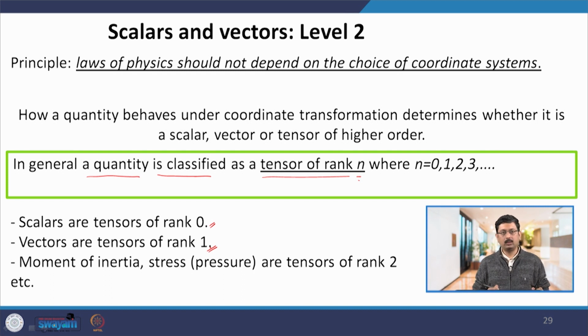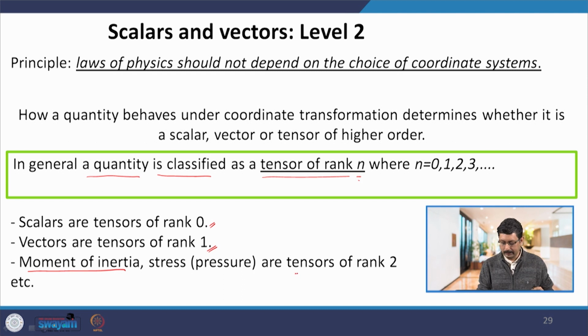Now, in this course, most of the quantities that we will use or come across will be either scalars or vectors, that is tensors of rank 0 or rank 1. We will encounter perhaps only one quantity, which is the moment of inertia, which is a more complicated object,